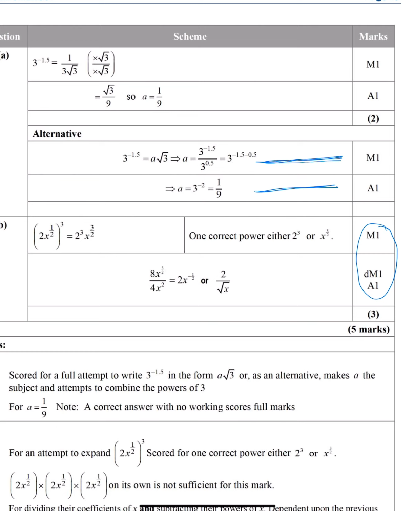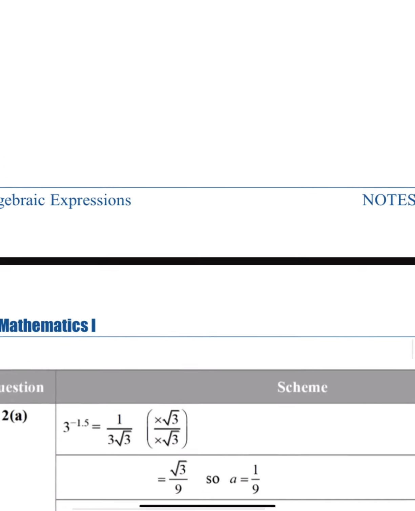So you have to write down the multiplication, like this to this and this to this, and then just writing that down gives you 1 point, and then substitute. Yes, solving, I think, is A1 and DM1. These are points that you get for writing these steps down. Okay, let's go ahead and